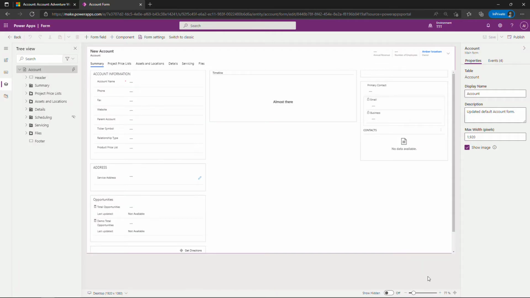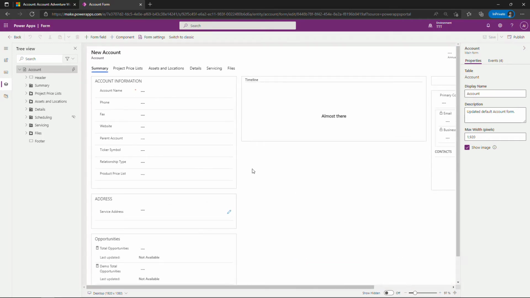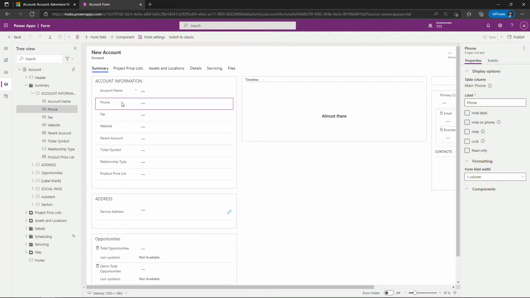And I'll zoom in just a little bit down here on the bottom. Let's say you wanted to update this to say phone number instead of just phone, whatever the change is. And then you want to make sure that you save your changes and publish, or you can just publish, which